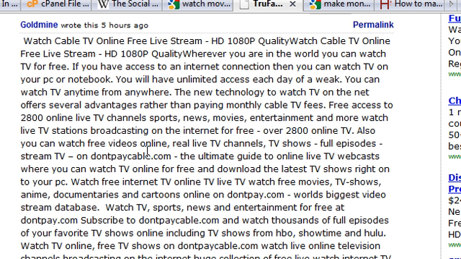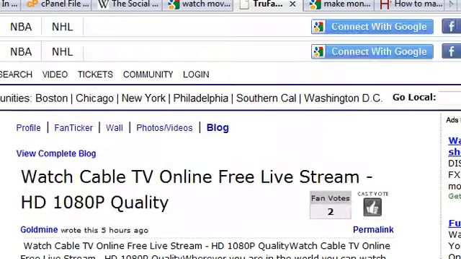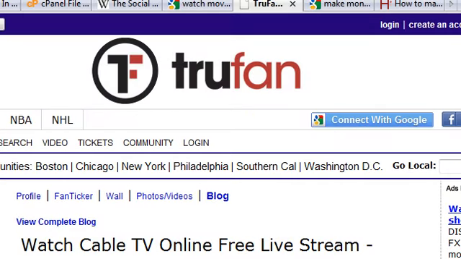But one of the things to keep in mind with Google News is it's only going to be on here for a short period of time because it's considered news. And as you know, any news gets replaced with something newer.